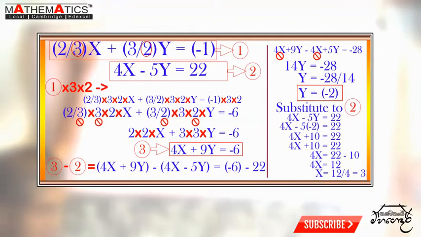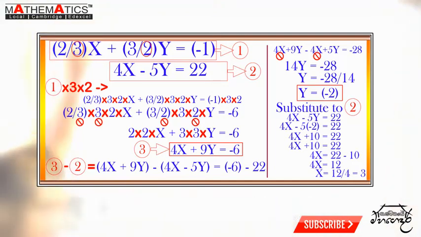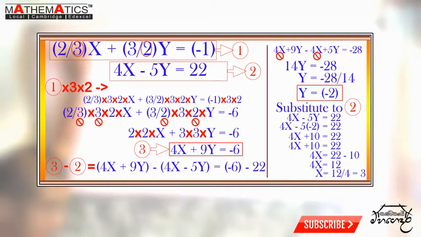Now the next one: 2 over 3x plus 3 over 2y is equal to minus 1. It is the first formula. After that, 4x minus 5y is equal to 22. It is the second formula. And after that,